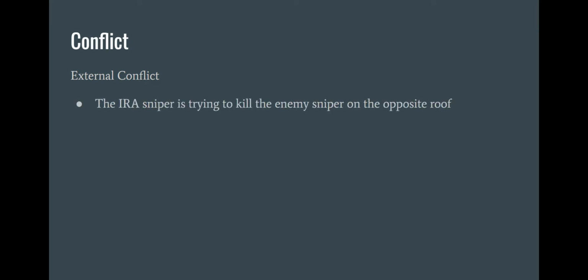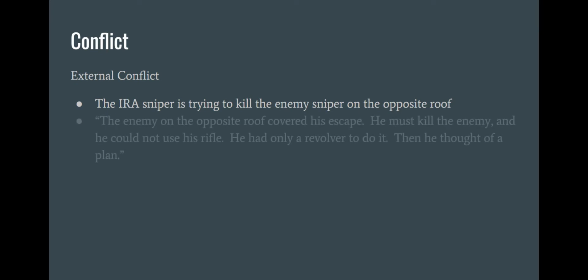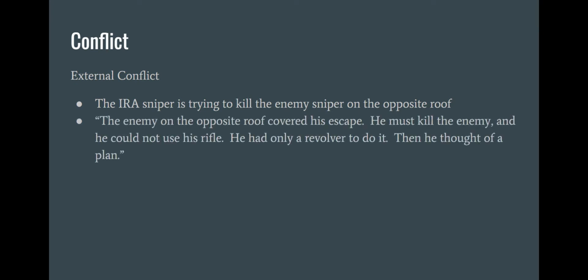So in this case, we have character versus character. The IRA sniper is trying to kill the enemy sniper on the opposite rooftop. So here's a quote that supports that from the text. The enemy on the opposite roof covered his escape. He must kill the enemy, and he could not use his rifle. He had only a revolver to do it. Then he thought of a plan. So this quote is showing our Republican sniper, our protagonist, in the process trying to think of ways to kill